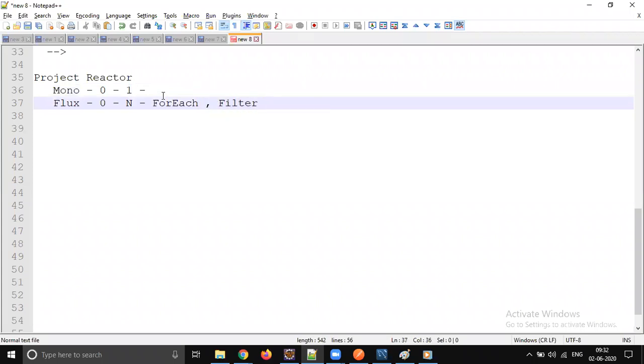Okay, only one data, what are you going to filter? You can apply an if condition directly, right? So why do we need filtering? Why do we need a forEach here? Why do we need other operations when the data is only one? So we have different mechanisms to process one element and to process a group of elements. That is the reason why we have Flux and Mono.